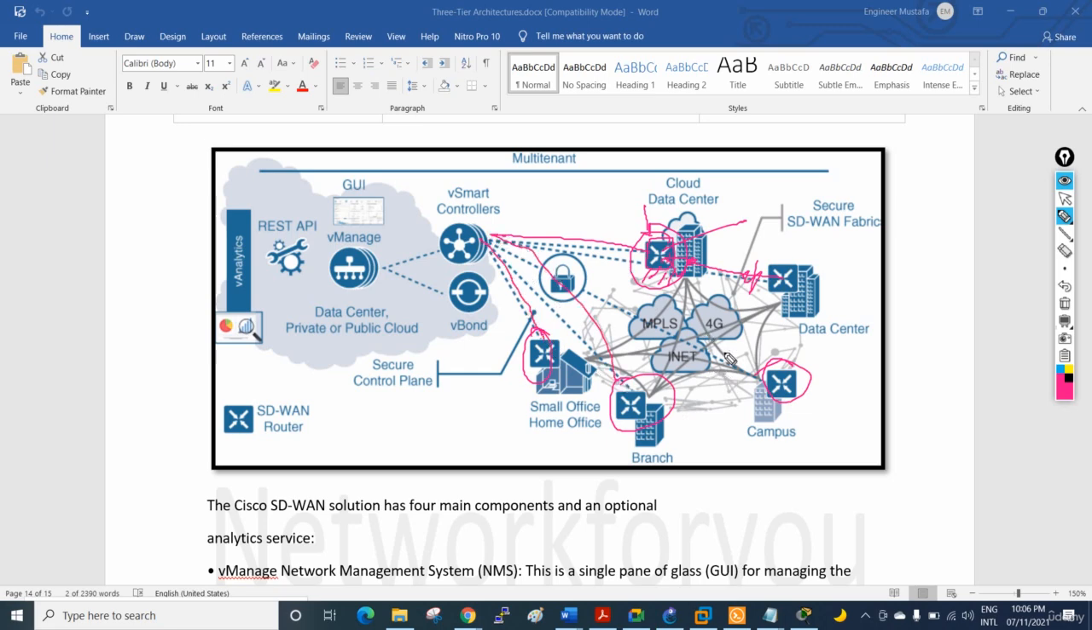vSmart is the brain of the network. So all this brain is no longer in each device; all of it is here in the vSmart. So what is vSmart doing? vSmart is giving instructions to all of these devices. The first time when we install this vEdge,